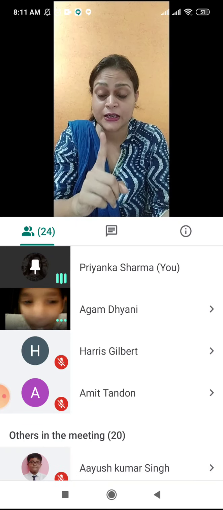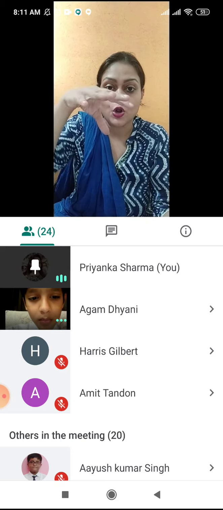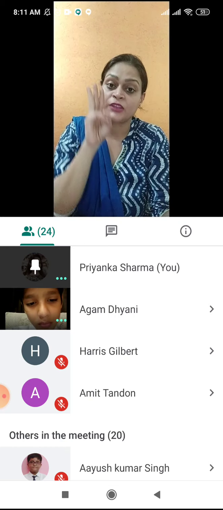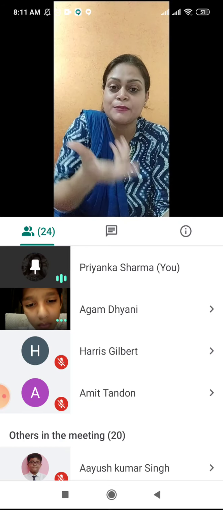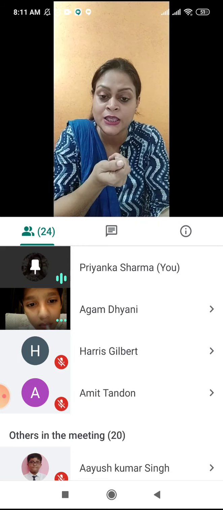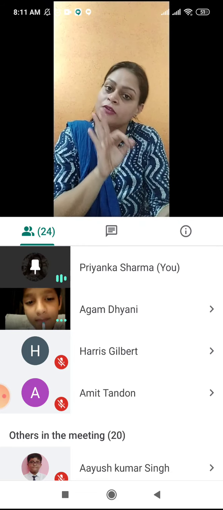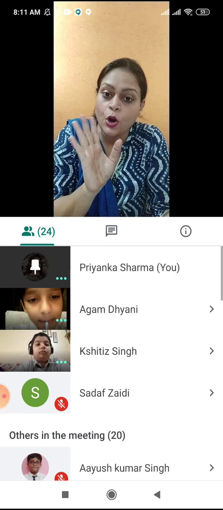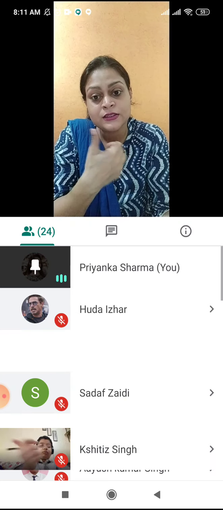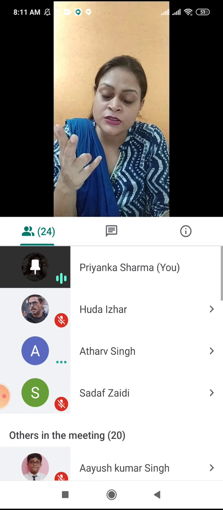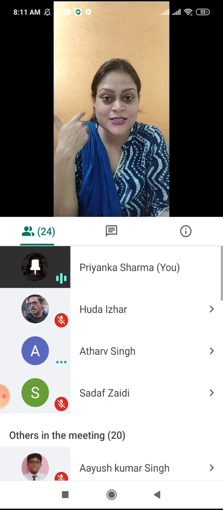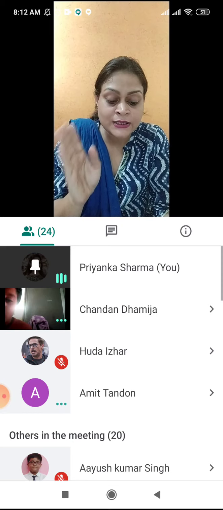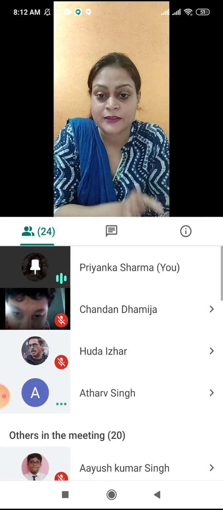First class lever, fulcrum at the center. Second class lever, load at the center. Whatever things you are going to keep, you are going to keep at the center. Third class lever, effort is at the center, means pressure you are going to apply from the center. All three classes of levers clear to everybody? All three examples are clear? Seesaw, wheelbarrow and tongs. First class lever seesaw, second class lever wheelbarrow, third class lever tongs. So these are the three diagrams that we are going to draw today.